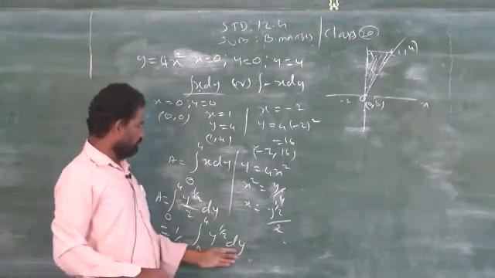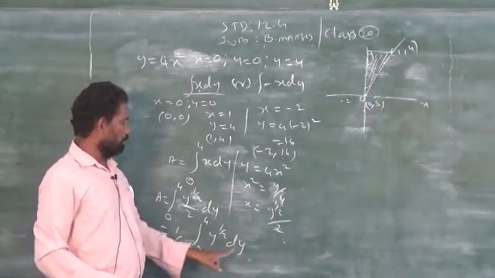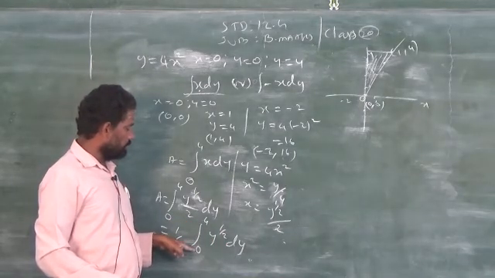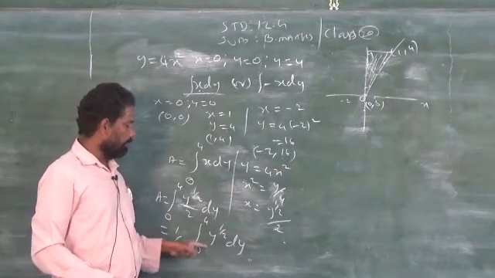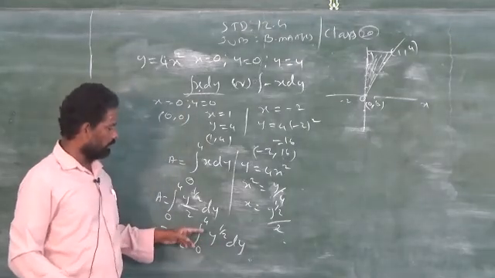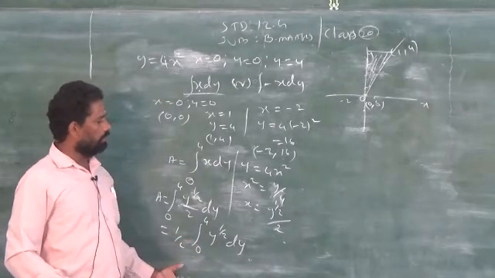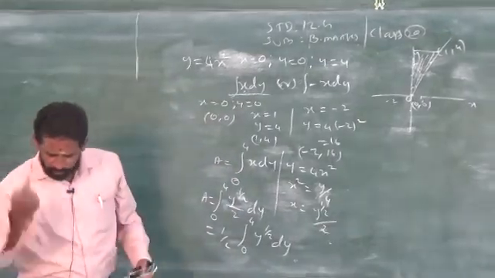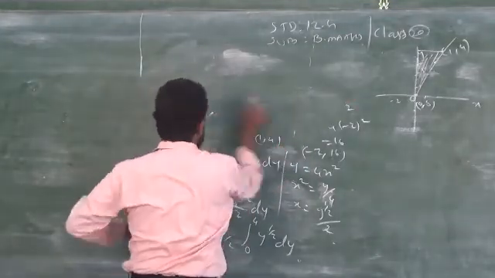Now you have to integrate as usual. See the limits: you are integrating with respect to the variable y and you are using the limits also in terms of y. If the limits were in terms of x, then you cannot apply these x limits for the y variable. So this is related to the y variable. Integrate with respect to y, and there you have to replace only the y limits. Clear? After that you can proceed, you will get the answer. Clear?